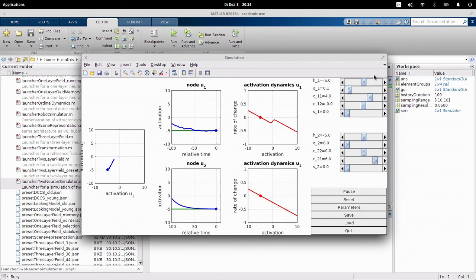Okay, so we understand these controls. Now there are a few buttons down here which I can cover as well. So the pause button does exactly what you think. It pauses the simulation. You can pause to have a look at something, then you can unpause it to keep going again. Then there's a reset button, which doesn't seem to do anything if you look at it, but it does have an effect. It resets the